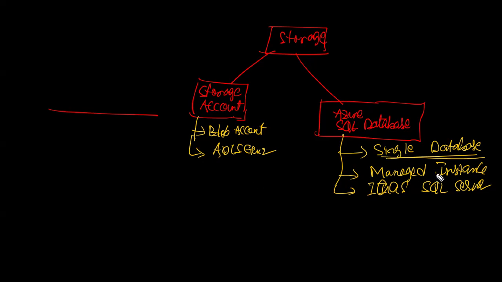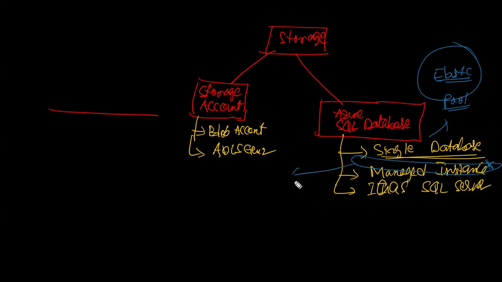Okay, so single database has a capability where you can also go for pooling. Elastic pool will be there. If you want to save resources across different databases, then you can go for elastic pool. While creating the database, I'll show you. I don't like to show managed instance practically because it takes a longer time to set up. The cost is also more for practicing. I don't recommend going for this managed instance. Setting up all these things will be taken care of by database administrators. We are not going to be responsible for that.